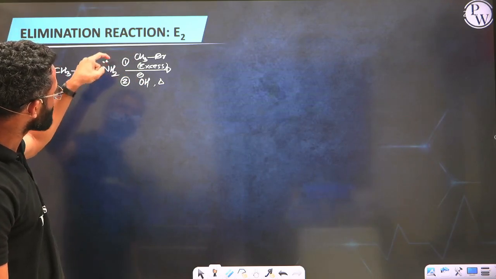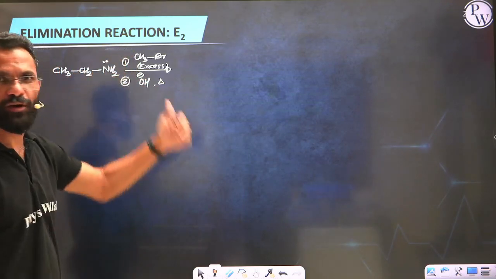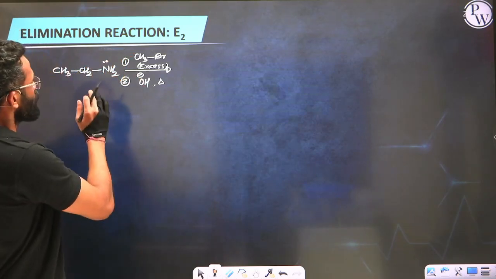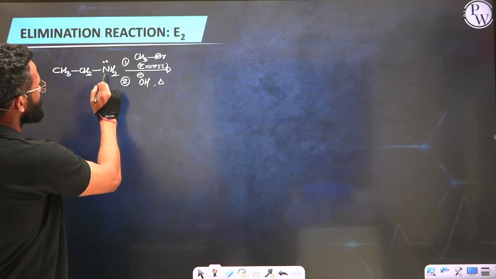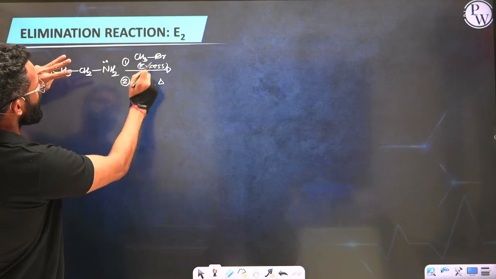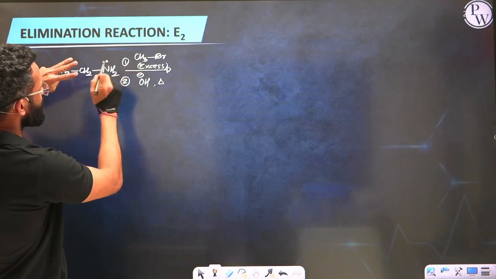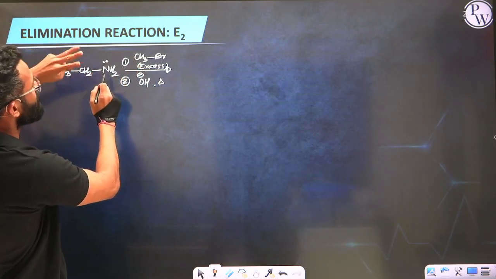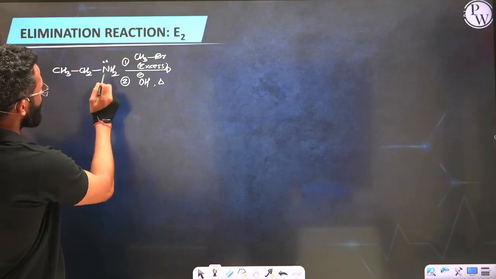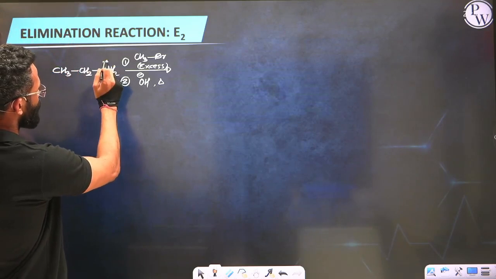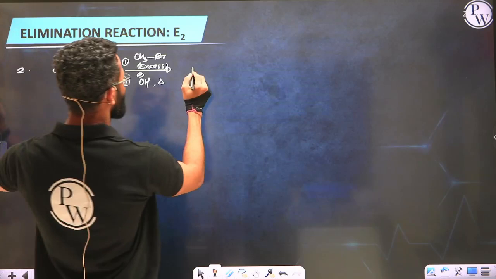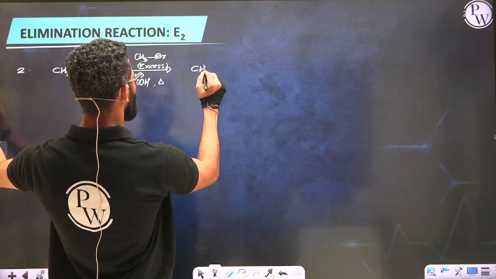we have, all will be substituted by methyl. The process is called methylation. So I'm telling you a simple trick: you have to count the replaceable hydrogen atoms at nitrogen plus 1 for the lone pair. So the total number of methyl bromide you will need for the methylation of this NH2 is 3. And how do I know that? Because in this amine I have got 2 replaceable hydrogens and 1 lone pair, total 3. That's how 3 methyl bromide will react with this and your product will be, now this CH3 deliberately